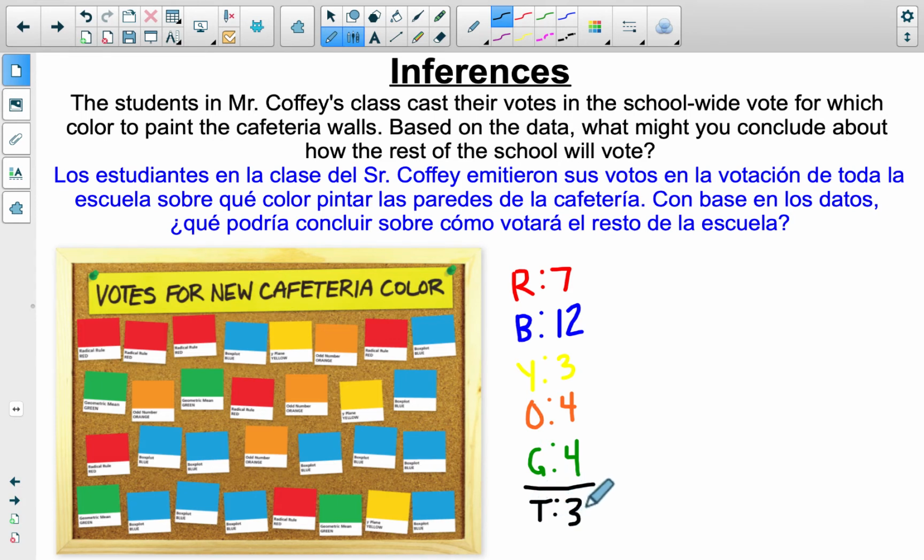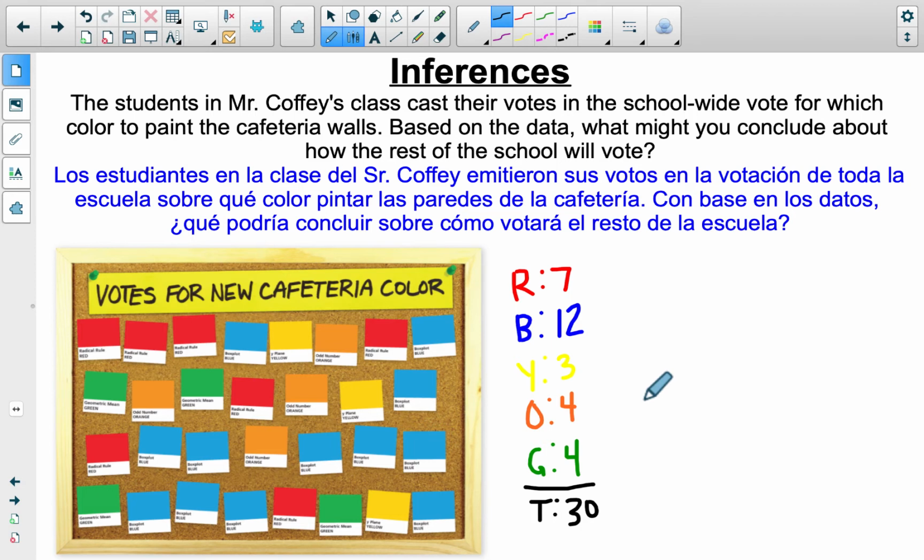So this is a sample. It is not a population because remember, we're doing a school-wide vote. So that means every student in the school. We are taking this small sample, which is Mr. Coffee's class, which is probably a good representative sample generally. It's at least a good representative sample for maybe middle school students. Maybe it doesn't scale down to how a kindergartner or pre-K or first grade student may vote, but it's